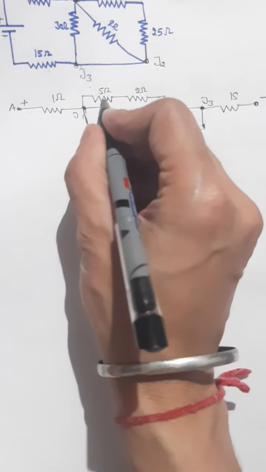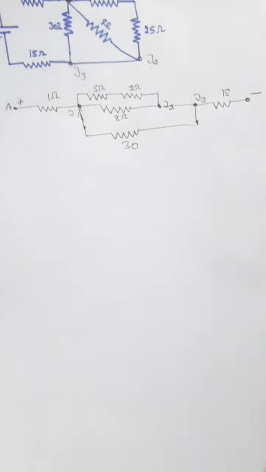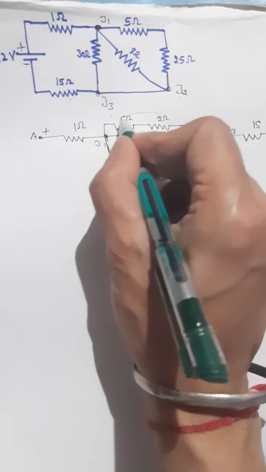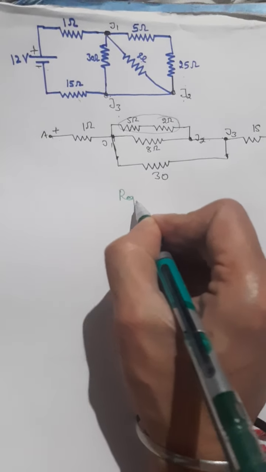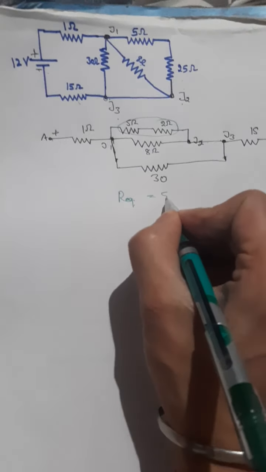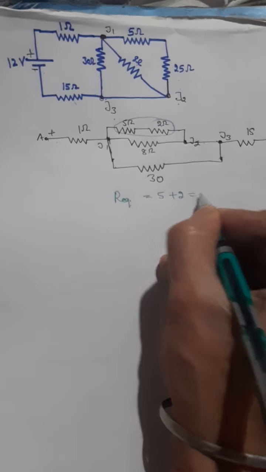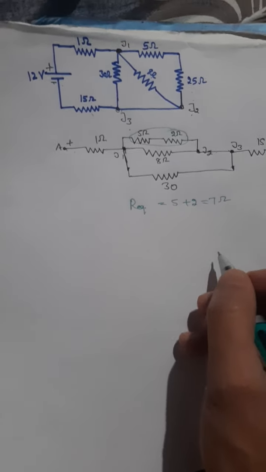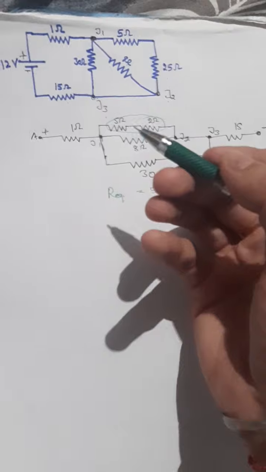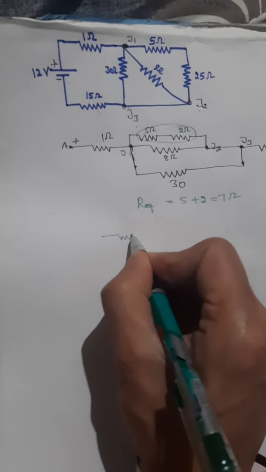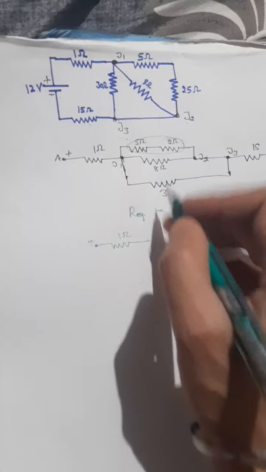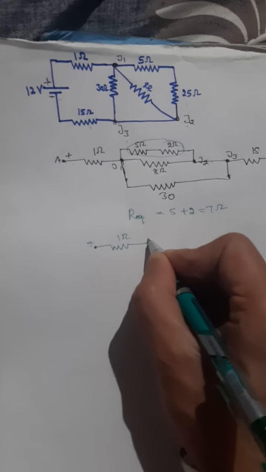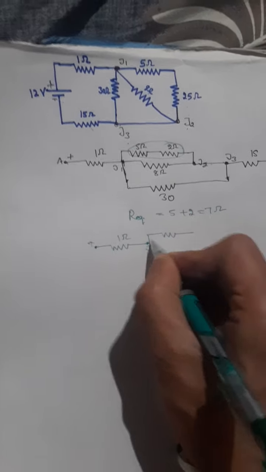So now we will solve it. The 5 ohm and 2 ohm resistances are in series, so the equivalent resistance will be 5 plus 2 equals 7 ohm. So we draw the circuit again: 1 ohm, equivalent resistance 7 ohm,